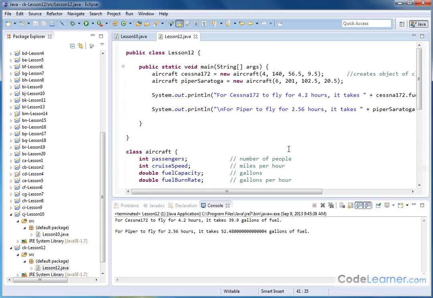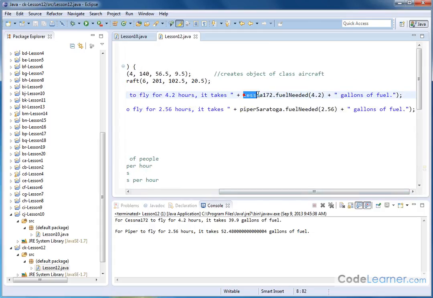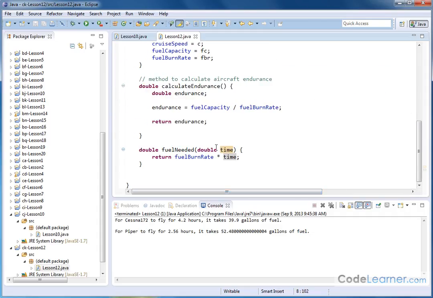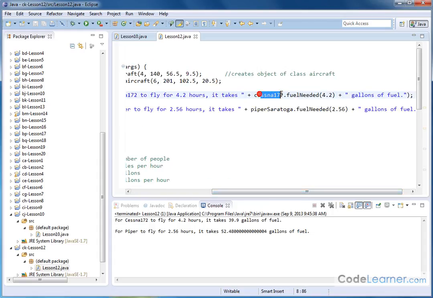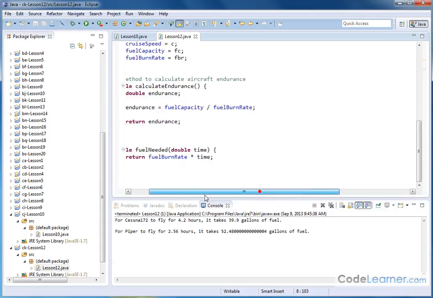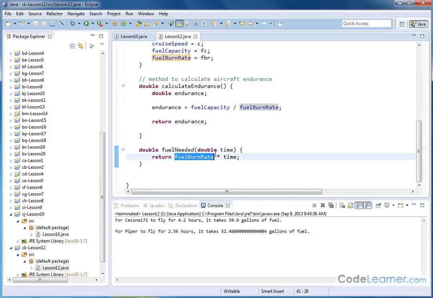So for a Cessna to fly 4.2 hours, you just call the method with 4.2 in terms of hours. And then when it comes down into this method, 4.2 gets multiplied by the fuel burn rate. But we've mentioned several times before, which fuel burn rate does it get multiplied by? Well, I have two objects defined. Which one does it get multiplied by? Well, since it was the Cessna object that was calling the method, then when it comes down here, it uses the fuel burn rate for the Cessna object. It just kind of implicitly implies that when you call a method that's associated with an object, whenever you're operating on these member variables,